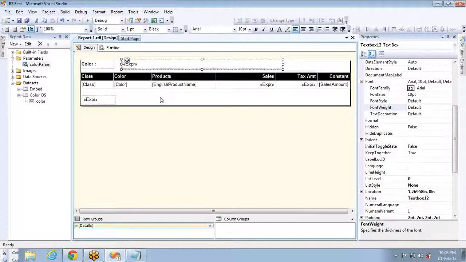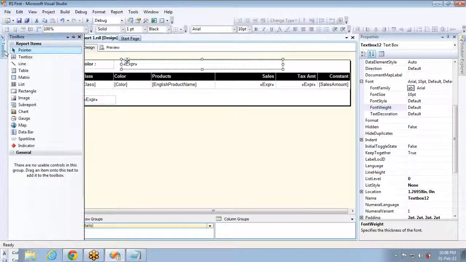So this is about expressions, and I request you to go through all the expressions and functions that are available, practice the examples they have given, and try to find out the use of each and every function available in the expressions page, and get thorough knowledge of this so that it will be easy for you to write complex expressions or to achieve complex requirements.